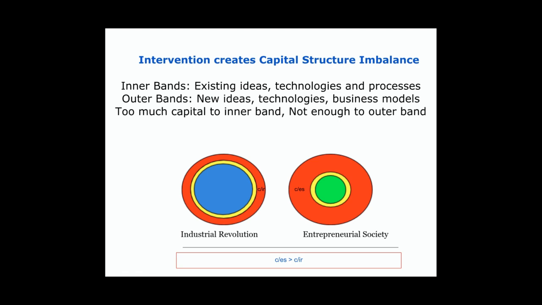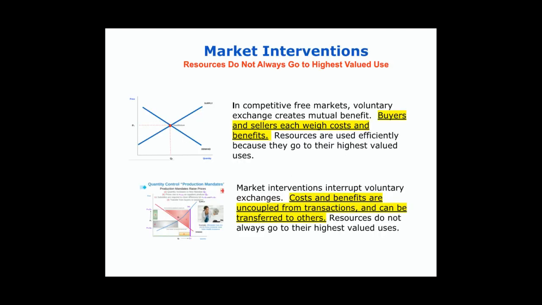This would be the case when you're in a period of rapid innovation, rapid development of new technologies, new ideas, and new business models. Well, if you intervene in the market and try to make it look like the capital structure on the left, you're going to have an imbalance or mismatch between the capital structure that exists and the capital structure that is needed, and you'll wind up allocating too much capital to the inner bands and not enough capital to the outer bands. And the